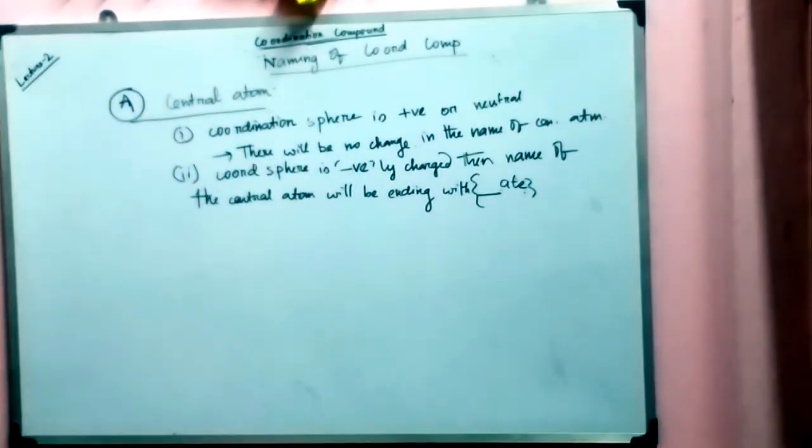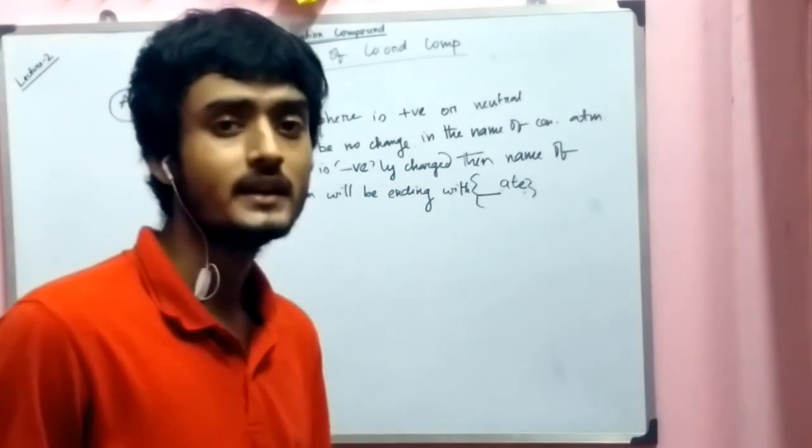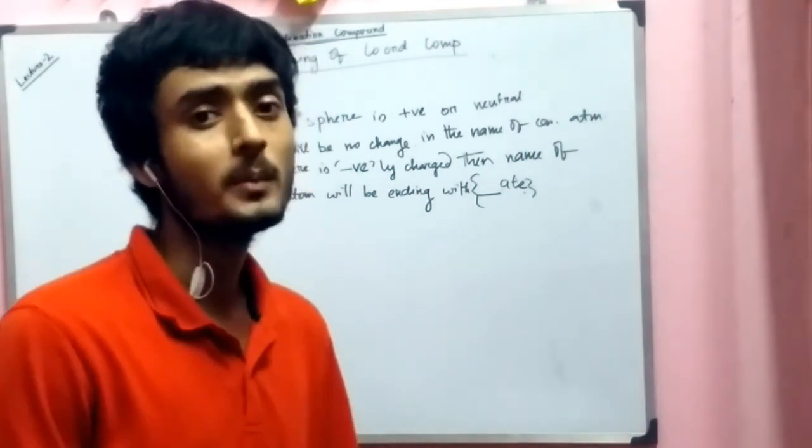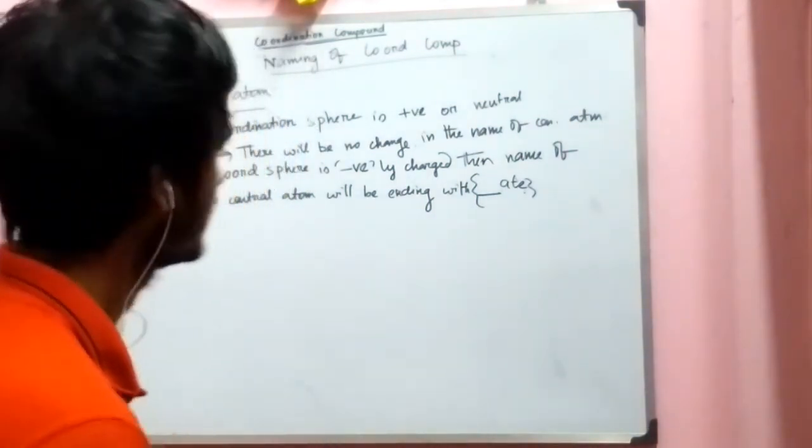ATE: ferrate, cuprate, cobaltate, vanadate, chromate, manganate, like this. Okay,